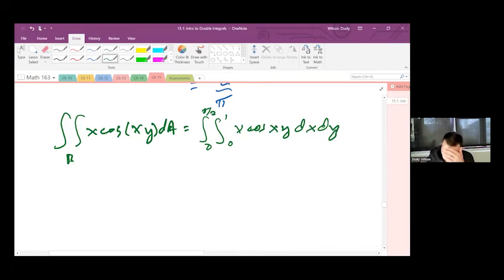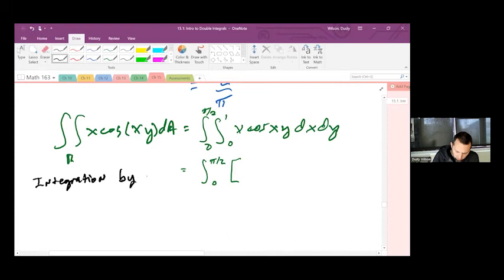Golly. Let's see what happens here. So now we need to integrate this inside bit. So this will be the integral 0 to pi over 2. And then I need to find the antiderivative of x cosine xy. I think that's going to require integration by parts, which it's been a while for me. So integration by parts. I have my u and my dv. My u will be x. My dv will be